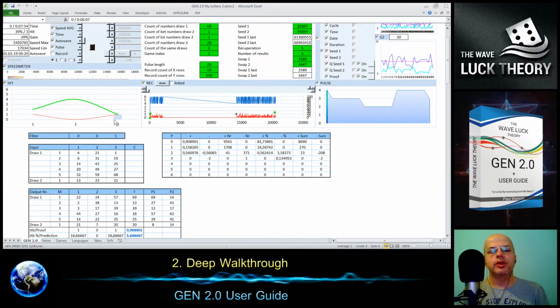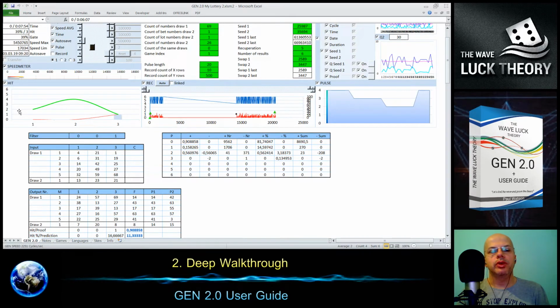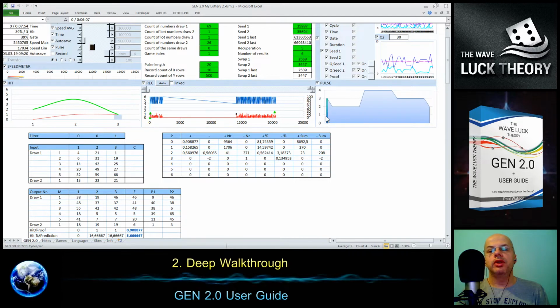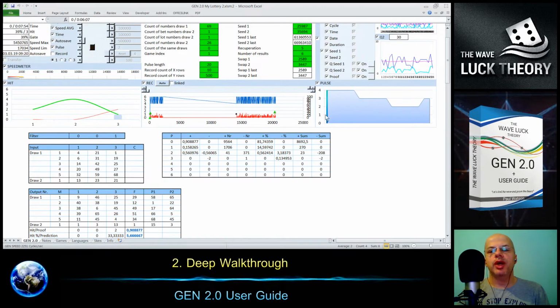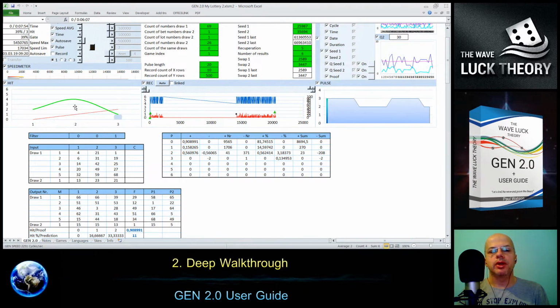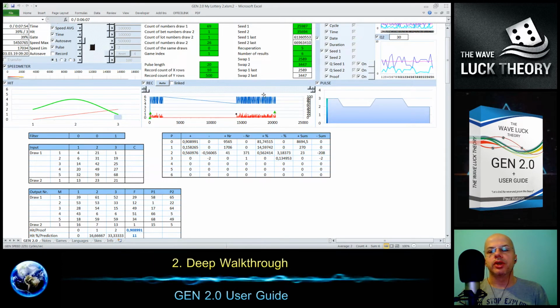So if the setting on the filter is, for example, number 2 here, then it will not show you that it did not pass the first draw. It will not move until it goes over the first draw and into the second draw.